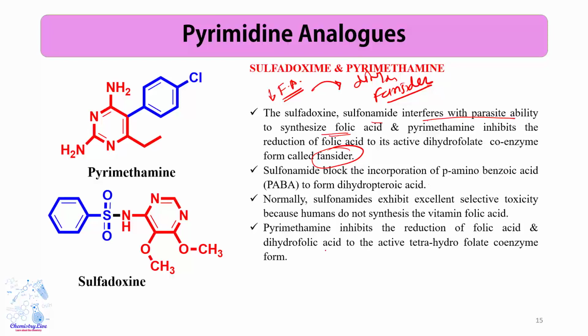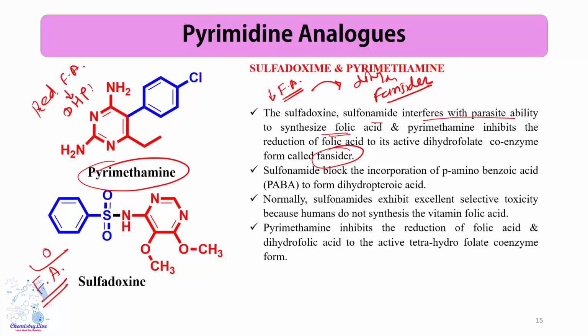So here, why do we need the 2 combination? That is the important part, because sulfadoxine first inhibits the synthesis of folic acid, and pyrimethamine inhibits the reduction of folic acid. So we can say the reduction of folic acid is inhibited by pyrimethamine, which forms the active tetrahydrofolate form, and that form is really helpful to create the active coenzyme. That combination is really great to reduce the malarial parasite concentration in the body.